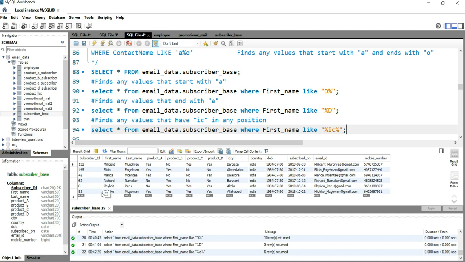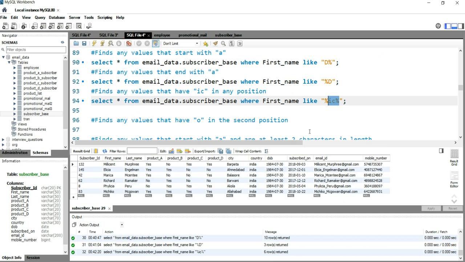This one also contains IC, and this one also contains IC. In the last record, the IC is at the second and third position, while in the second last record the IC is at the fourth last and third last position. So it doesn't depend upon position, it just searches for this pattern IC and returns the records.